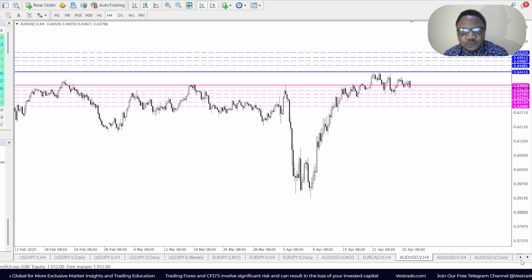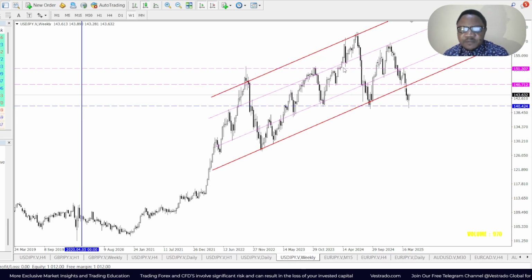Now, let's look at the beautiful USD yen. Now, this guy has given us some nice profits back to back. We've analyzed that it was going to go strongly bearish for weeks on end. It's been going strongly bearish based on our equidistant channel we see here on the weekly chart. So we see an inner channel within a larger channel right here. Okay, and we know that we've been trading massive bearish signals all the way to the key support area here, and a break below that saw price touch key significant support level 140.40, okay, of the month